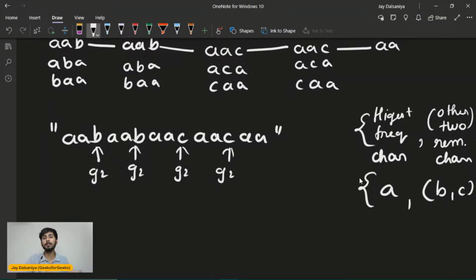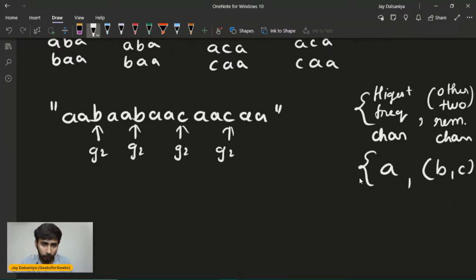So now this is going to be your approach. You have to find out how many characters are possible for group number 2, such that it will try to separate the characters of group number 1. So if you observe at this point here, how many characters are there of group number 2? Group number 2 contains 4 characters, 2B and 2C. And group number 1 contains 10 characters, right?